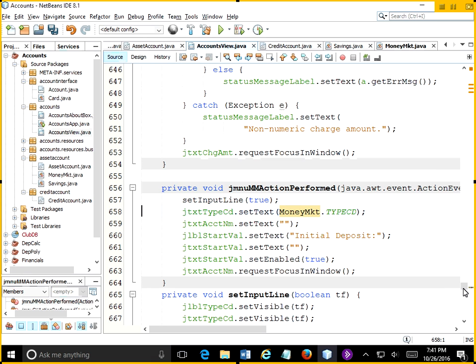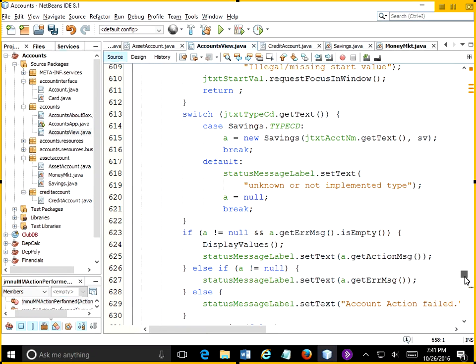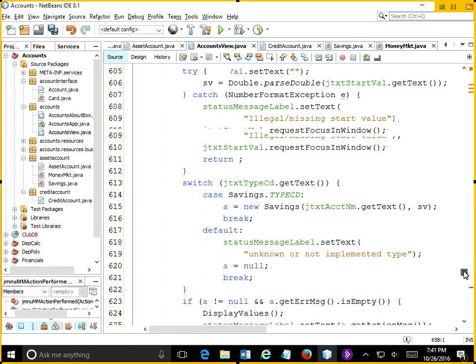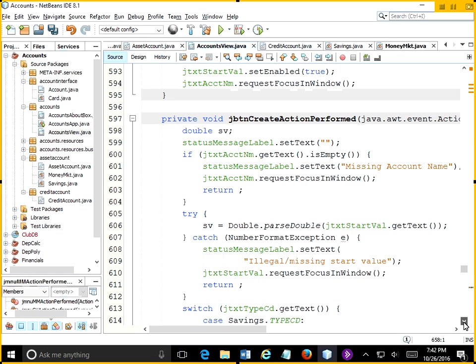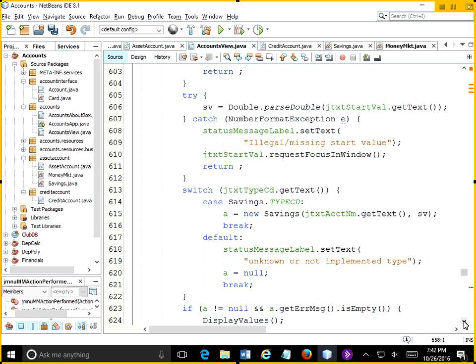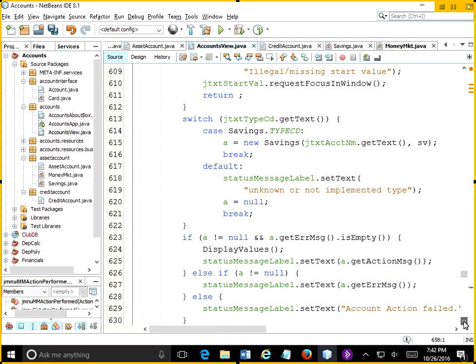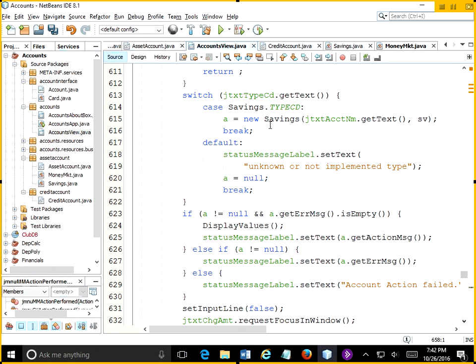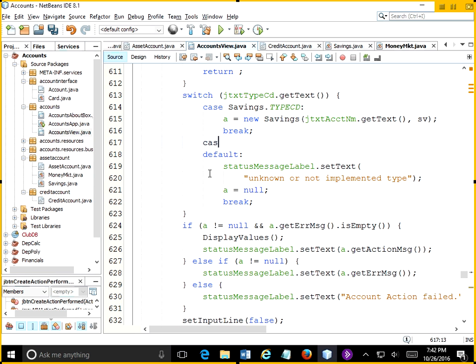Now what happens on a create? Well, we've already got the create method started, so let's go back up there and see what we might have to do. Obviously pulling the account name and the starting value, that's still the same. But down here in our switch, where we have a case that looks for savings, we can now add a case where the type code matches money market